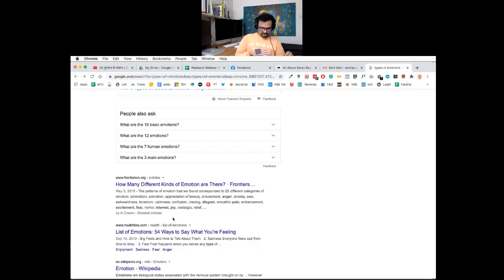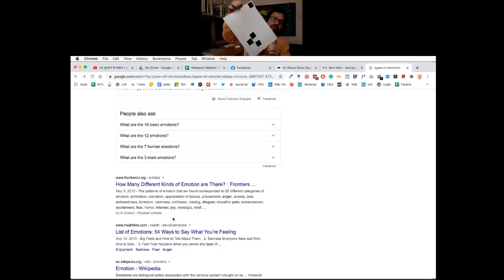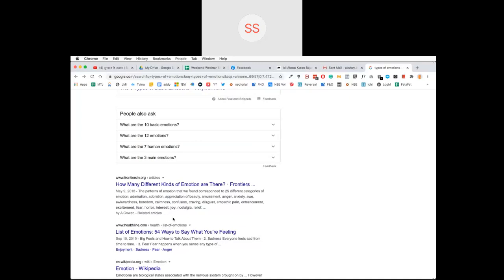Now you see this and tell me the emotion. Now the emotion of loneliness is clear or not? Right? Yeah, it's clear. This looks like a group and this looks like a lonely cube.